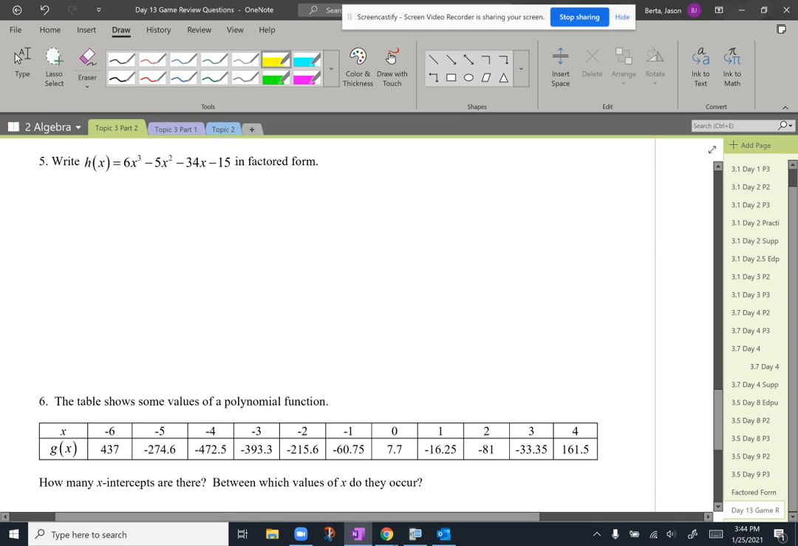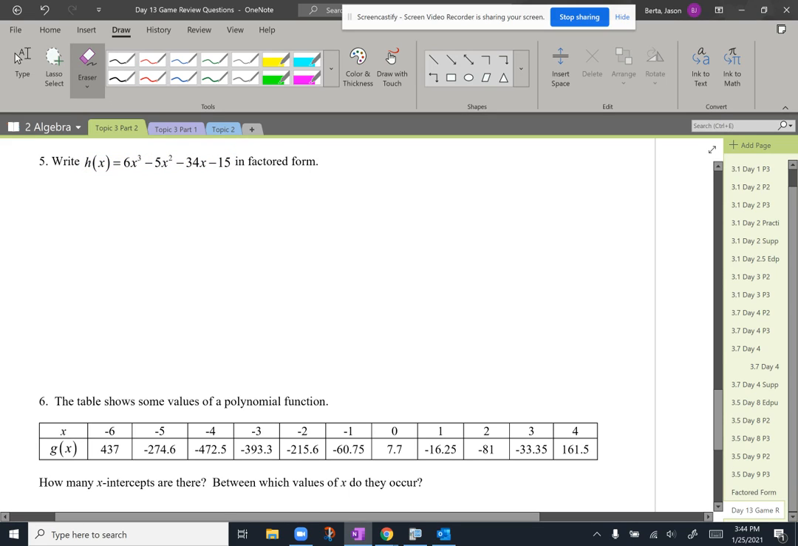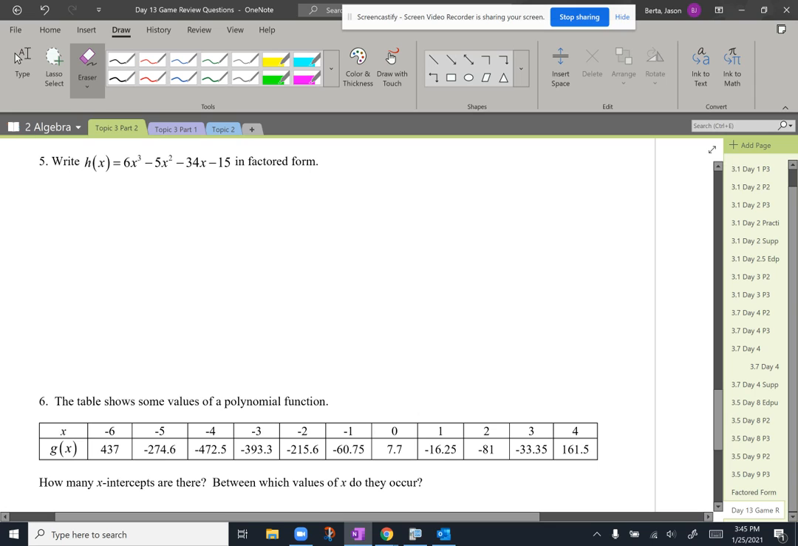Okay, here we are asked to write this polynomial, which appears in standard form, in factored form. And we're going to use our graphing calculator to help us out with that. We're going to use the graphing calculator to help us find two things: one, the y-intercept, and also the x-intercepts. And once we have those, we can figure out what the factors are and what the leading a coefficient is